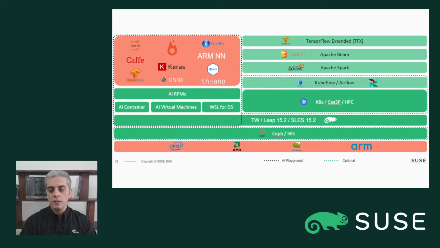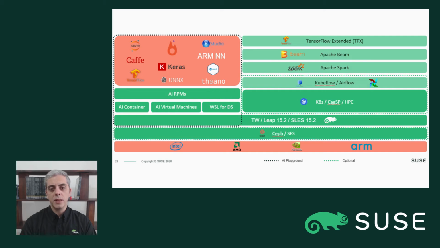On the right-hand side of this picture, we can find a platform targeted to production, or basically what operators are very interested in. From the very top, we can find TensorFlow Extended, or TFX, which is becoming the de facto standard when developers are ready to go beyond training a single model or ready to put their amazing model and work into production.